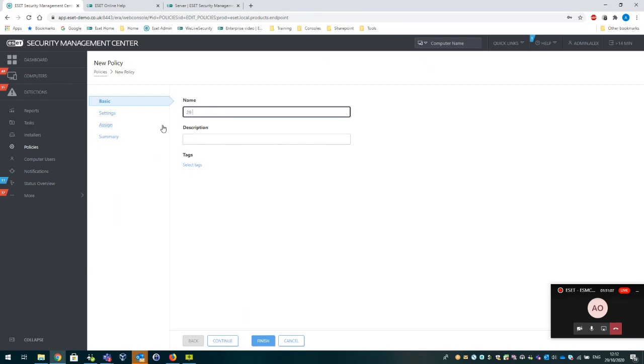So I'll call it 29/10, and I'll just call this "just cloud." That'll do. I only put the date in there so that I can identify it easily against all of the other ones which we've created in various demos. So if I click on settings,